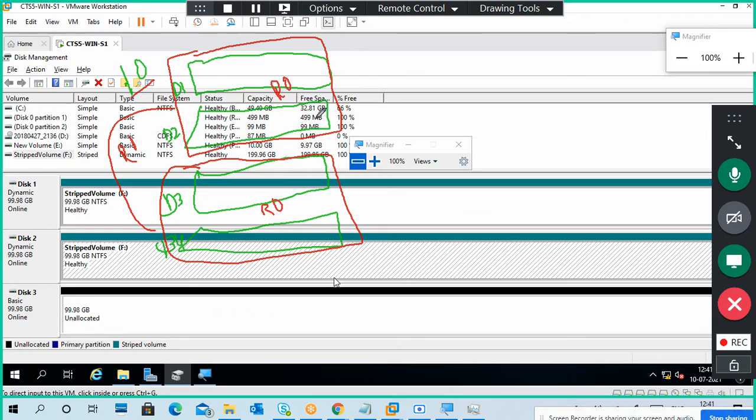Now your question is, if one of the disks fails, what happens? Actually, we are creating RAID 10, so this is here and here. If this fails, it means this complete block fails, but we can still access data because this data is also stored here, and this data is also stored here.